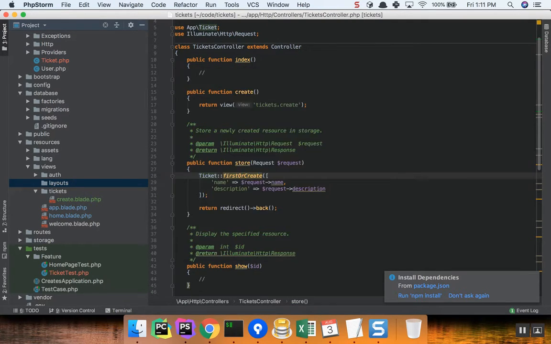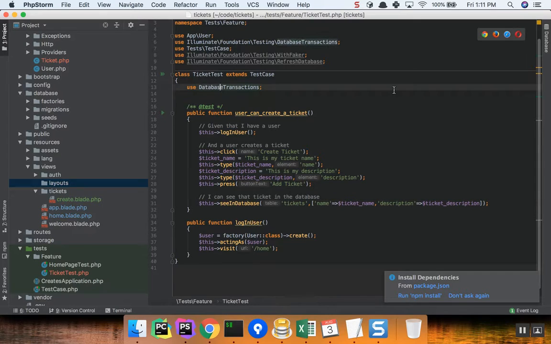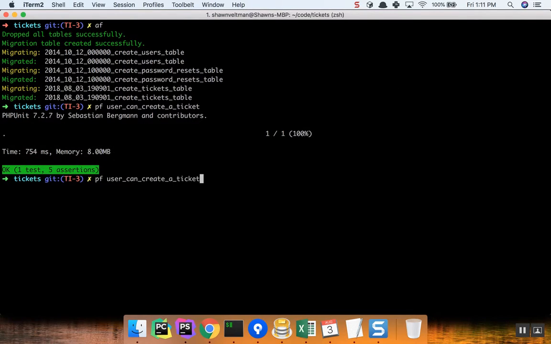There's one last thing I want to show is I use this trait called database transactions. And what this does is it takes basically a snapshot of what your database looks like before it starts running the tests. And after each test is run, it resets your database. So in this case, it's creating our blank database. So if I comment this out and I run this test,